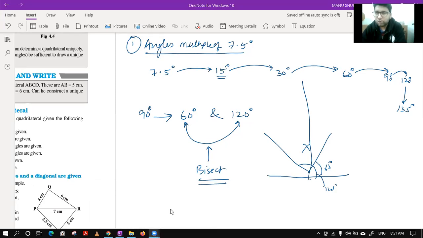Are you aware why you are doing so? Was there any formula for that, or you just learned this thing to make the angle 90 degree this way? There was no formula as per you. Okay, if I say I can make a 90-degree angle using 0 degree and 180 degree, am I correct in saying so? Please tell. The people have learned that 60 and 120 will give you the answer 90 degree. If I say I can make a 90-degree angle with the help of 0 degree and 180, will that be correct or no?